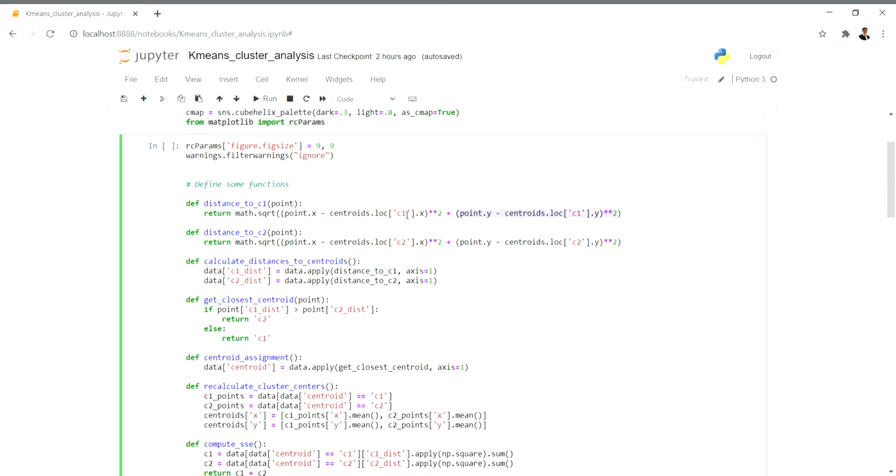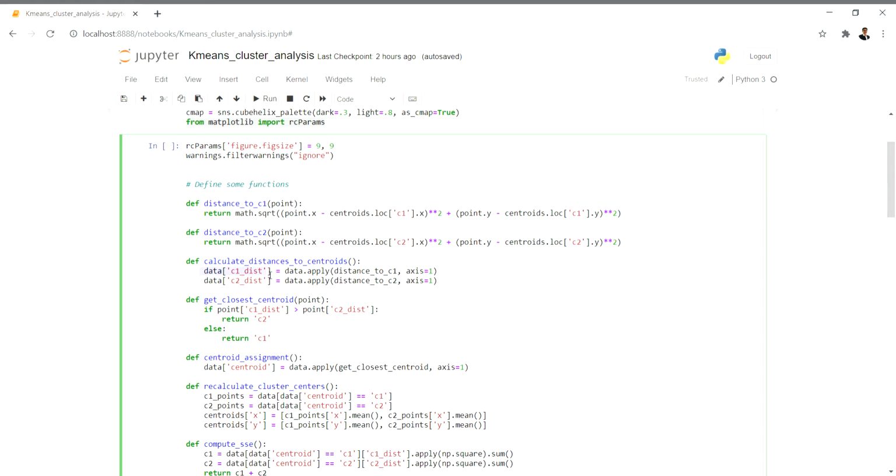Okay, so this is for one particular cluster center C1. Next for C2, we have the same thing again. Here we just change the label to C2. Now we have calculated the Euclidean distances to the cluster centroids from each of the points. Next, we calculate the distance to the centroids. Why do this? Because we need to get to know which is the closest cluster to that point. So for that purpose we do this.